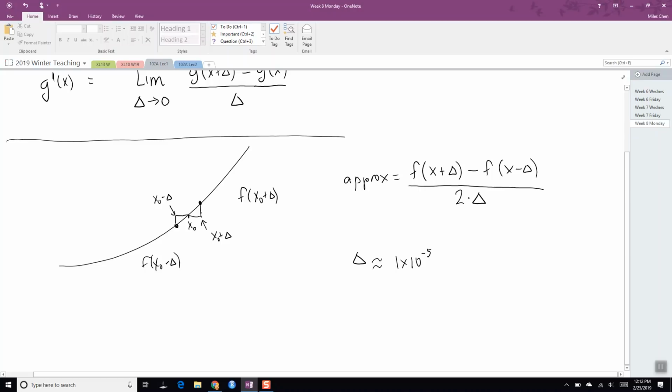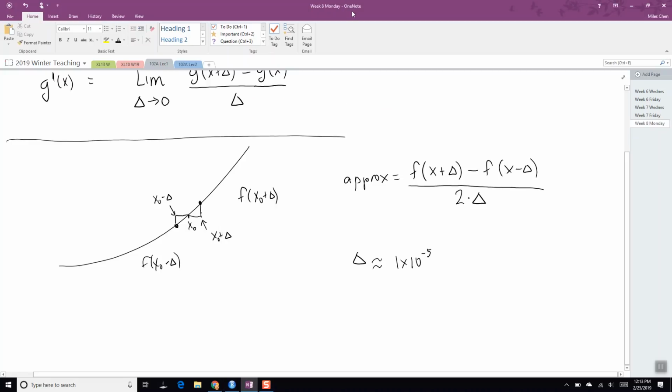But depending on where you are in your function, maybe you want to use an even smaller delta, or this delta might produce values that are too small to register on the floating point system, right? So if you're dealing in the realms where x is like trillions, plus or minus 10 to the negative 5 might cause some rounding issues where they end up being seen as the same value in the computer. But anyway, I've coded this up, and let me just demo